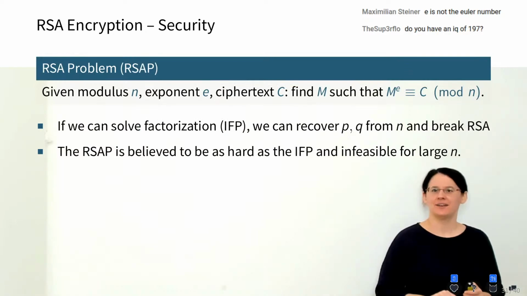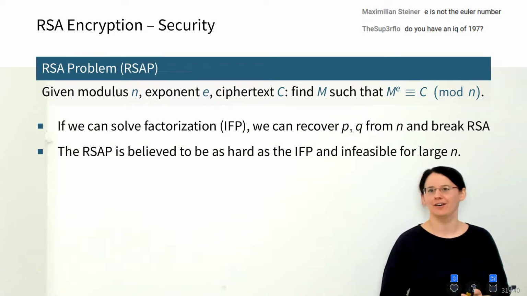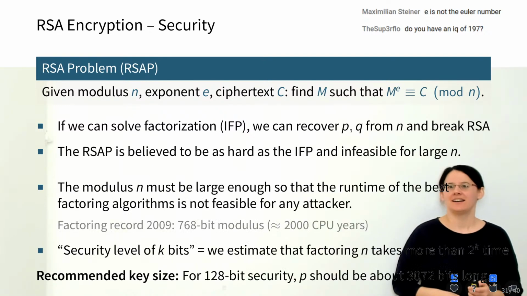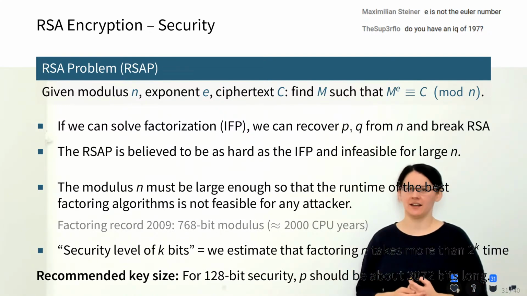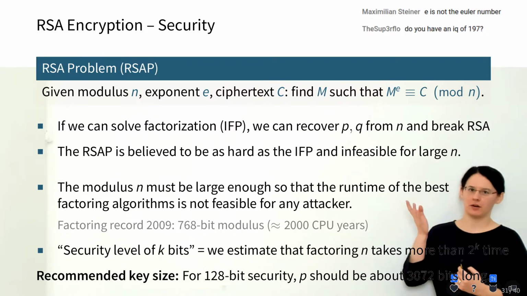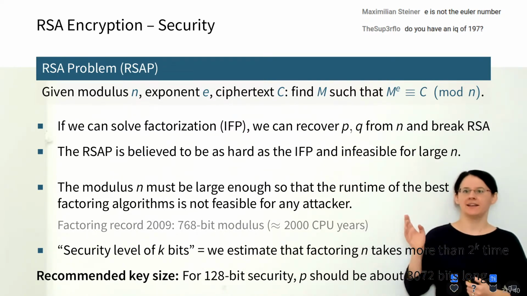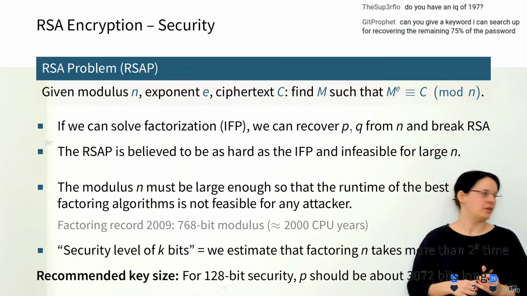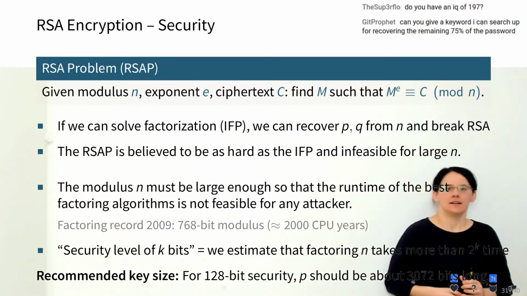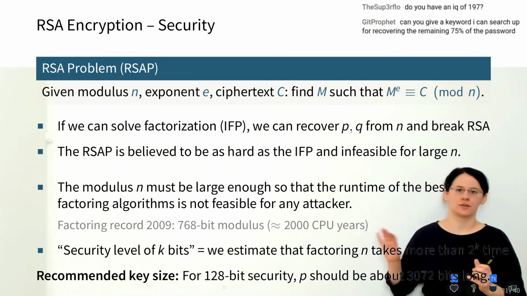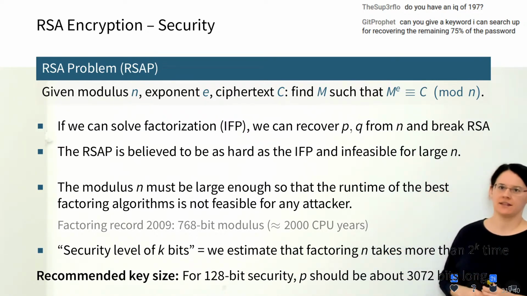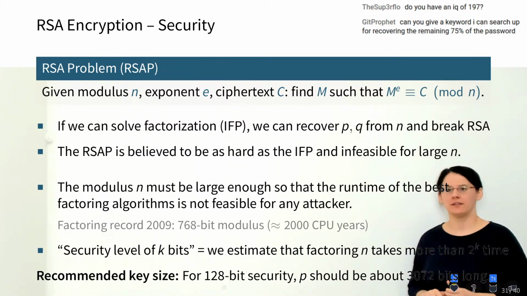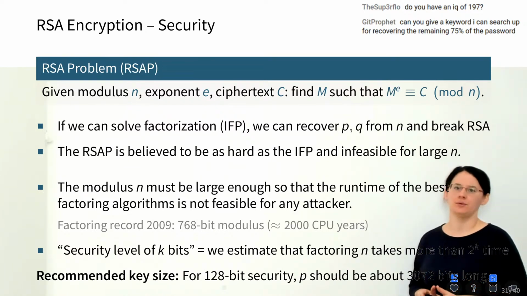Anyway, okay, so back to security of RSA. A few more comments on this. So, of course, again, the modulus, as we've mentioned already, needs to be large. And it needs to be so large that the best factoring algorithms aren't feasible for an adversary. To give you some examples about these sizes, as far as I'm aware, one of the most recent factoring records was back in 2009, and the number factored at that time was